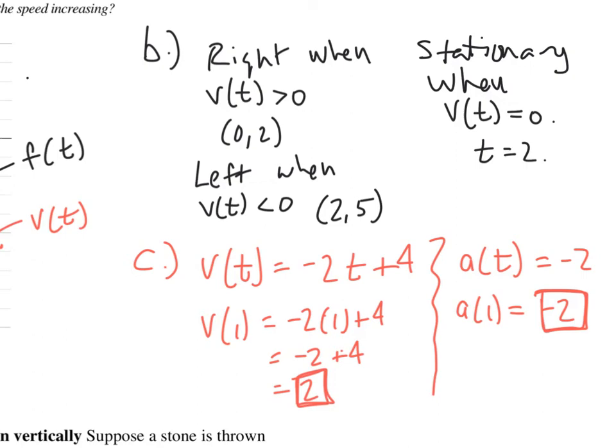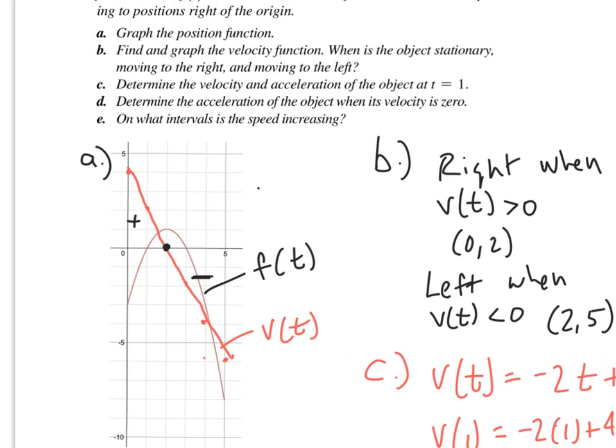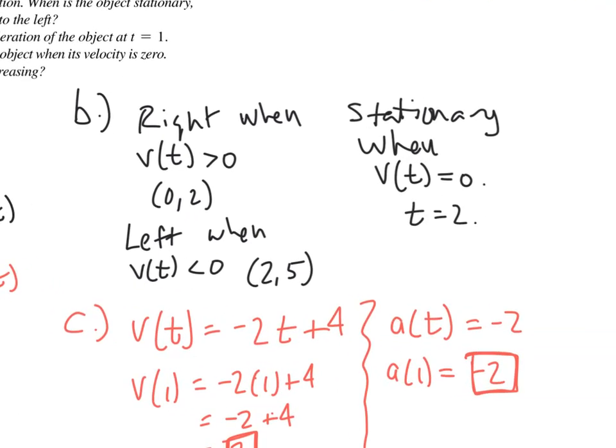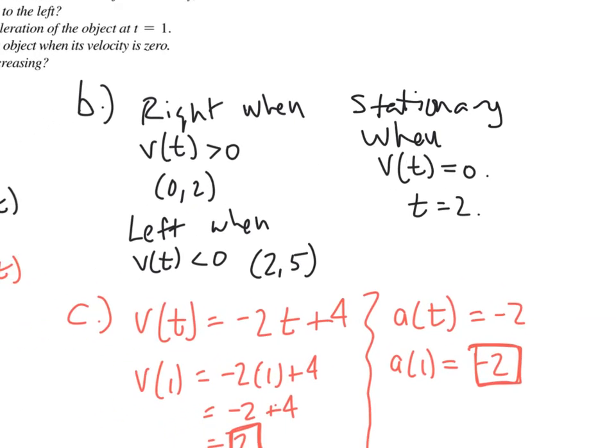Okay, let's take a look at part D. Part D is asking, determine the acceleration of the object when its velocity is 0. So I know that the velocity is 0 at time equals 2, at t equals 2. And so what I want to do for part D